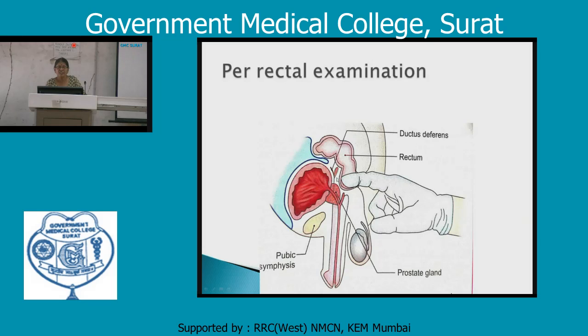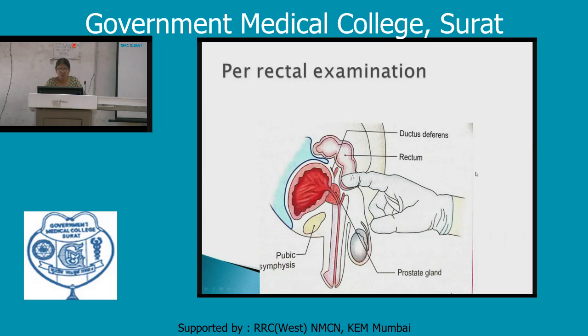These structures can be palpated, and posterior to it are the sacrum and coccyx, and on the lateral side the ischial spine can even be palpated by passing a finger. So by just passing a finger, so much information can be obtained. Even if there is some lodged fecalith or some stricture of the anal canal or rectum, it can also be palpated by the simple per rectal examination.